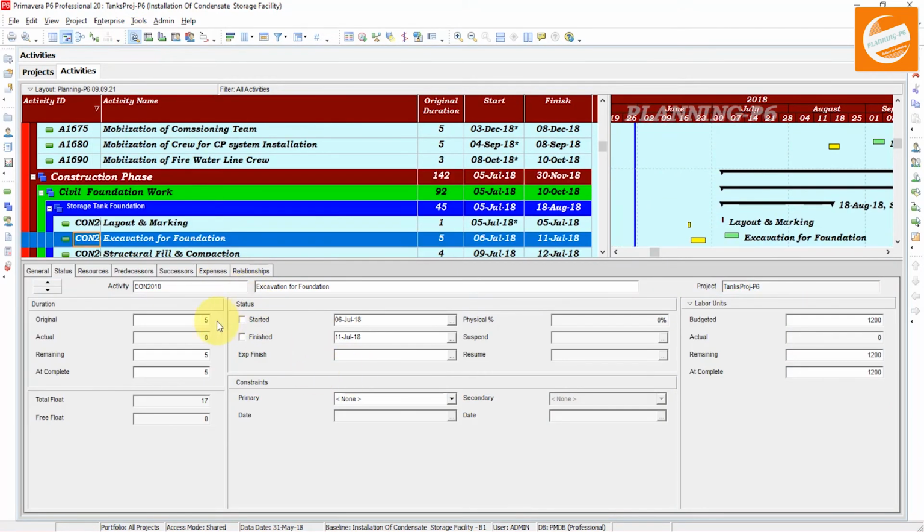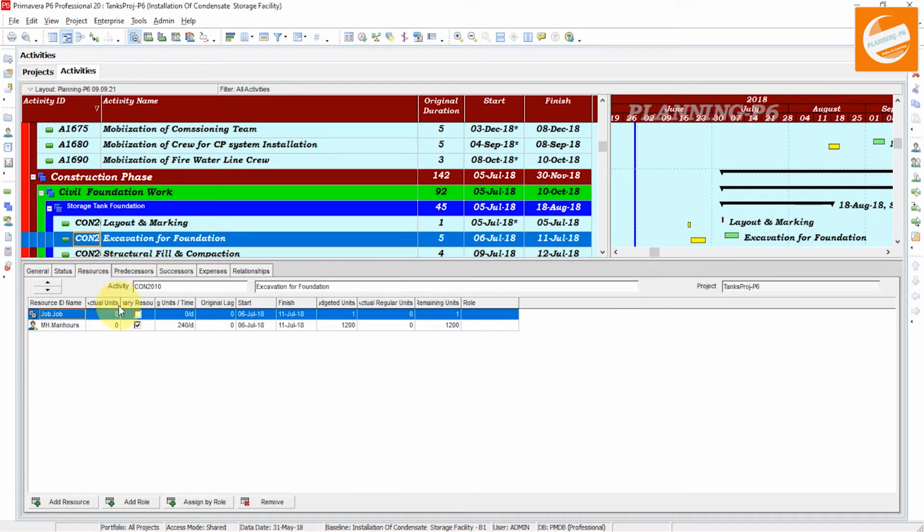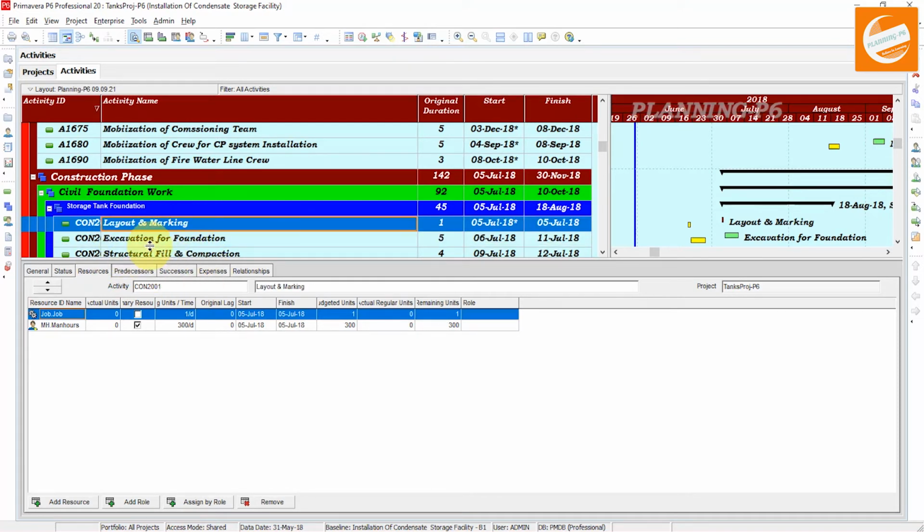In the bottom layout, now we will go to the resources column. In the resources, you can see for the layout marking, there is a resource already assigned. If I want to assign only the role, you can see the role option is here.